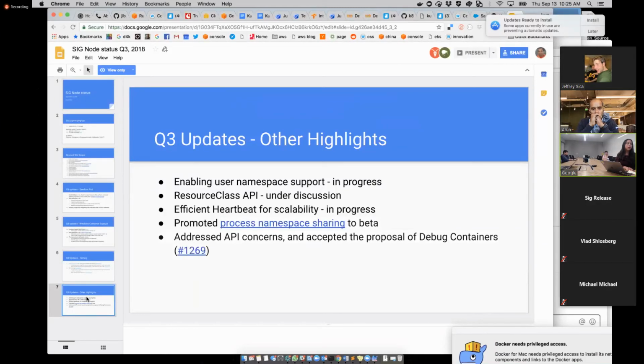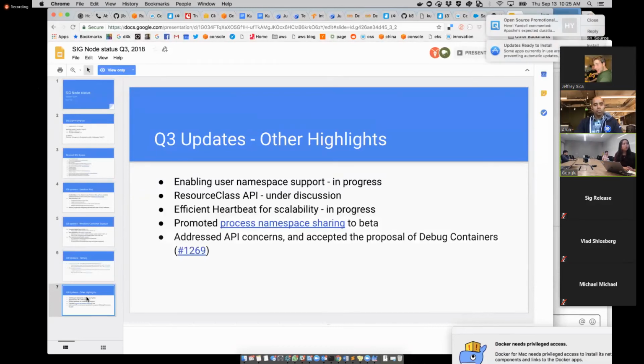And there are many discussions about providing an abstraction on resource class to support more devices, called the resource class API. Because this is a complicated API, it is still under discussion. And we are trying to look for